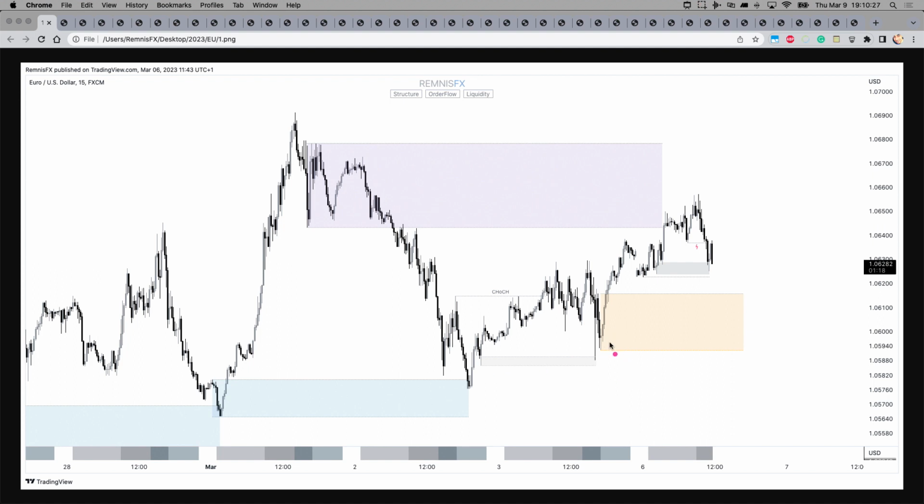Then price again continued higher and eventually broke this high and closed above it. So at this point I was looking at price action like this, something like that. And that will be our lightning bolt